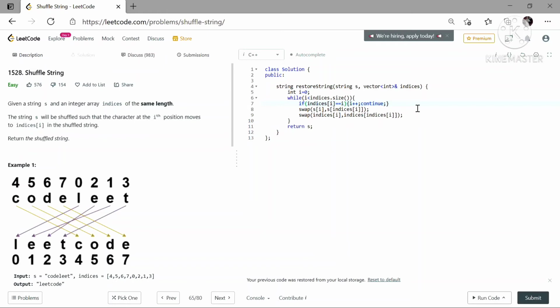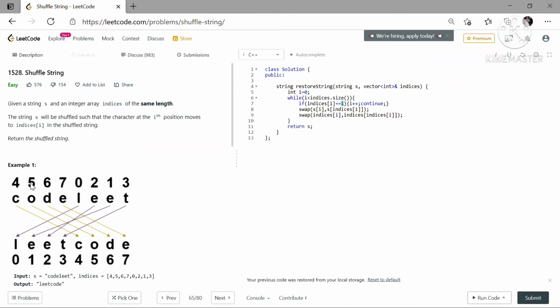But if it is not at its correct position, here you can see that when we start, the first element is 4, that is indices 0 is 4 and I is 0. So these are not equal. Okay, so the first element is not at its correct position. Then what will we do? We will swap it to its correct position, with the element which is present at its correct position.